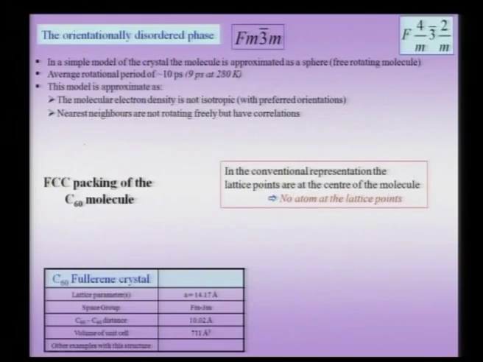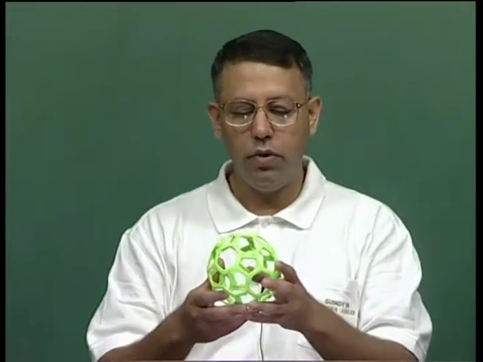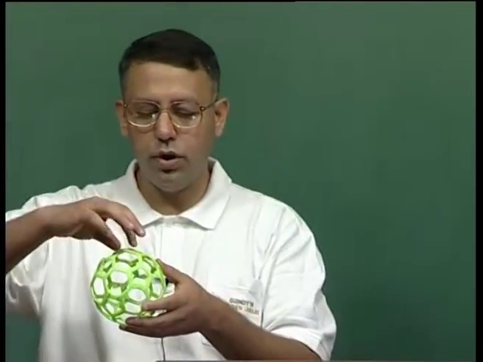Now in this case, why can we approximate it to a sphere? Because if we are putting anything of lower symmetry than a sphere, we know from our knowledge of crystallography that I need to look at not only the motif decorating the lattice point, but also the orientation of the motif decorating the lattice point, and clearly this has symmetry which is not consistent with the cubic lattice. That means the symmetry of the structure, if you put, for instance, the Fullerene molecule, say with the two-fold upwards,